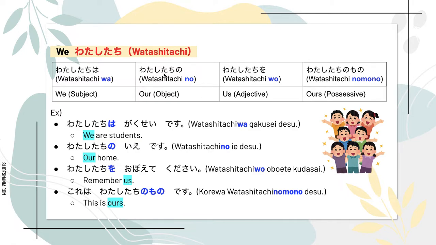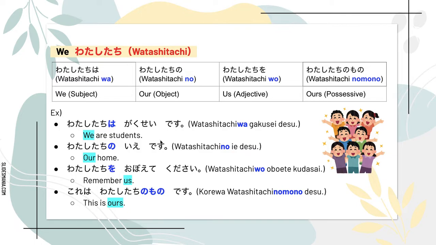Our was 私たちの. So the sentence would be 私たちの家です。